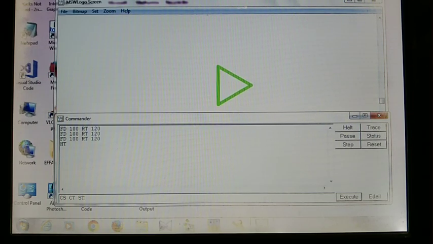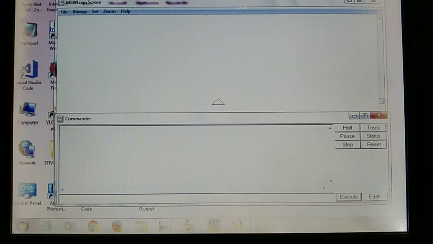So every time you want to clean everything, write CS space CT space ST, then press the enter key. Automatically your screen will be cleaned.